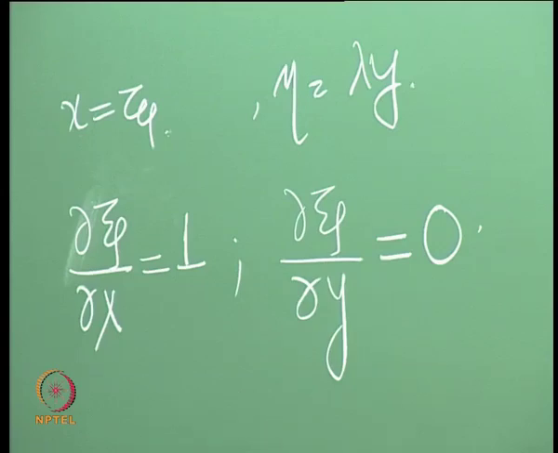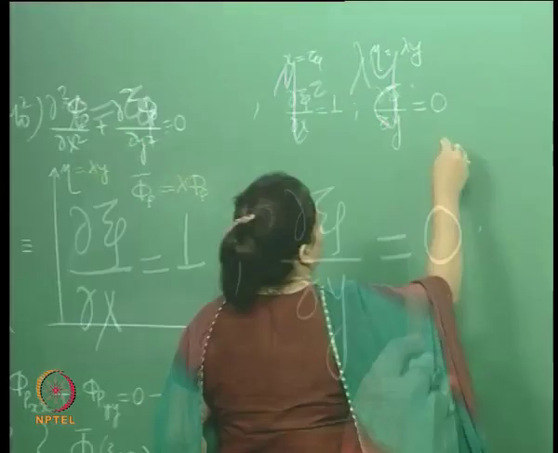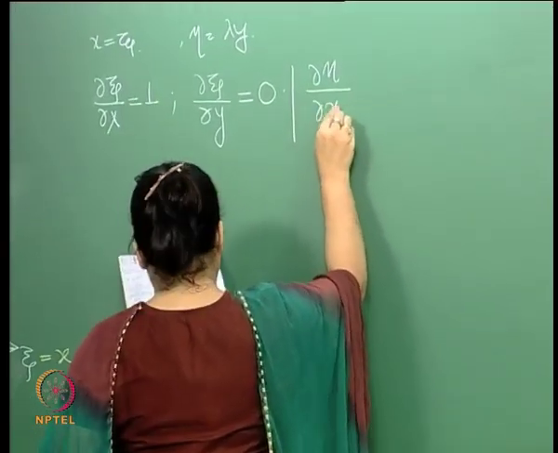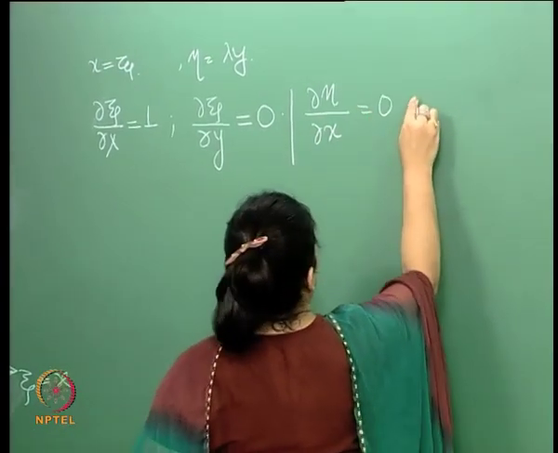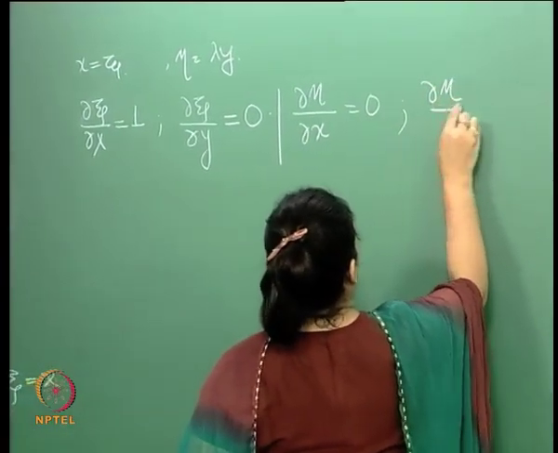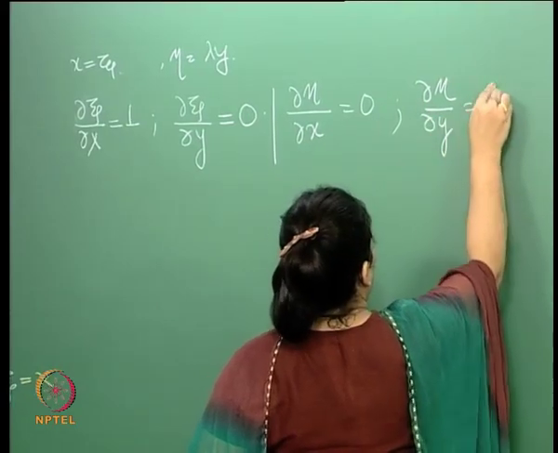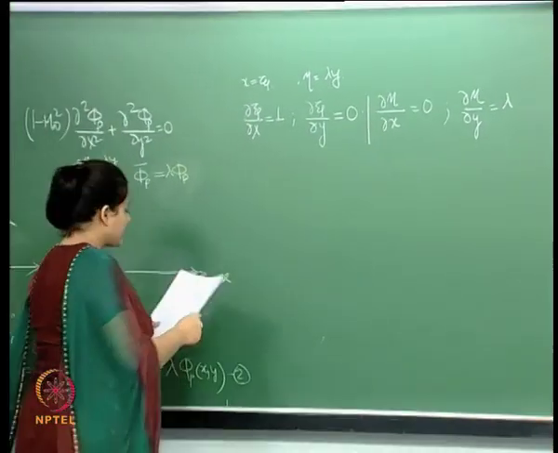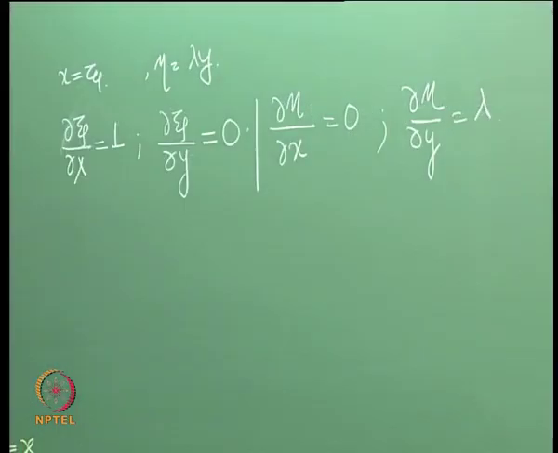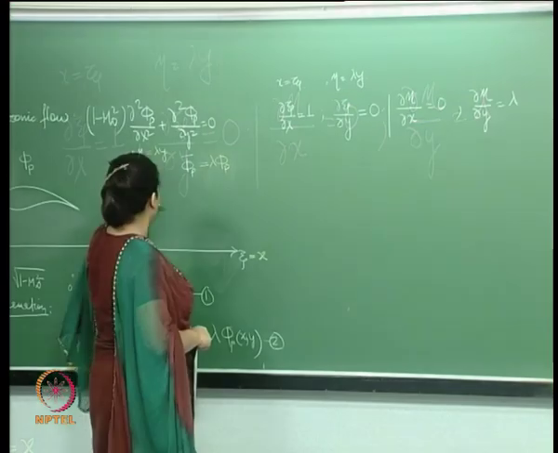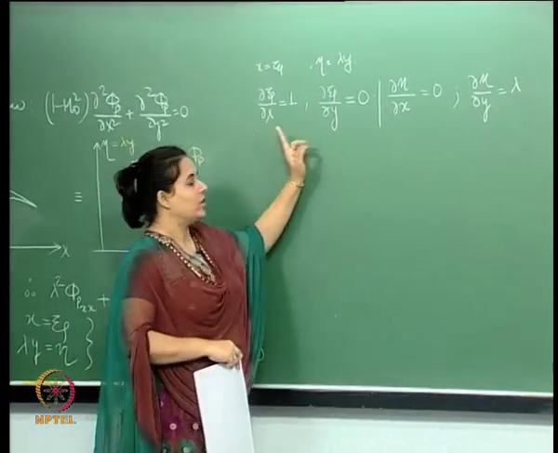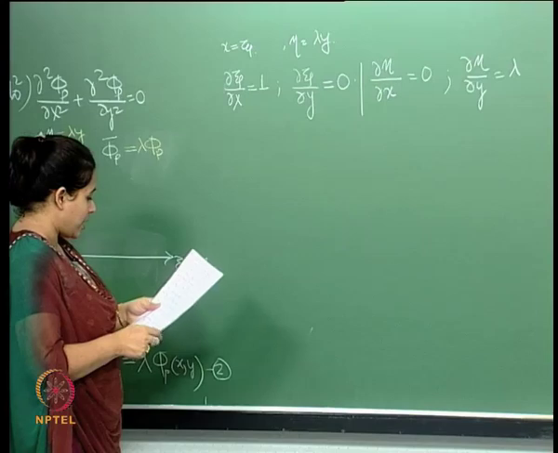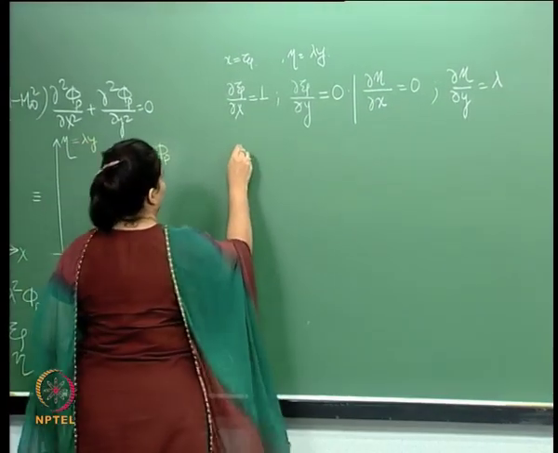Okay. Similarly, let us do the same for eta. For eta, del eta del x is 0 and del eta del y is equal to lambda, right. So, this is basically the change in the transformed coordinates with respect to the Cartesian coordinates, or the original coordinate system that we are using, right. If I do that, then